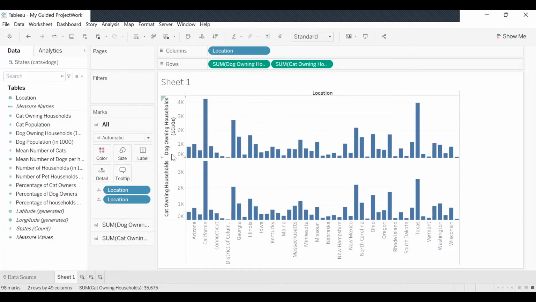Here we have dog, and here we have cat owning households. When we see here, California, when we go on the chart, it automatically shows the location, California, and the cat and dog count. So this becomes very easy for us to compare each state or location, the count for the cat owning household